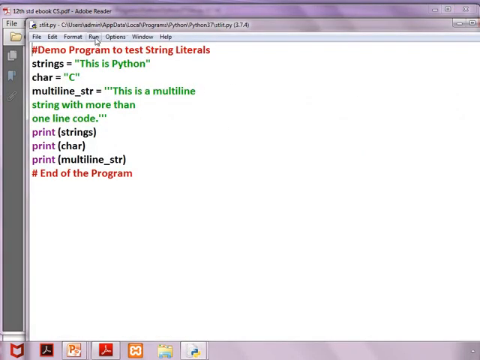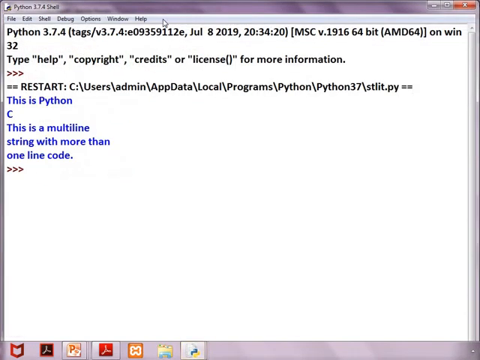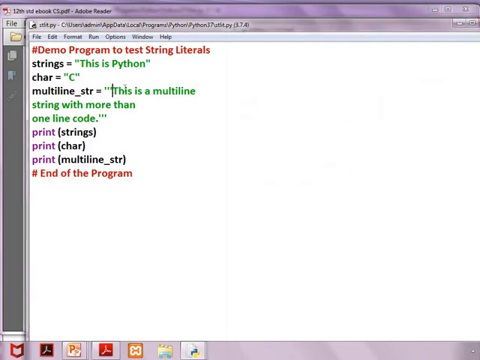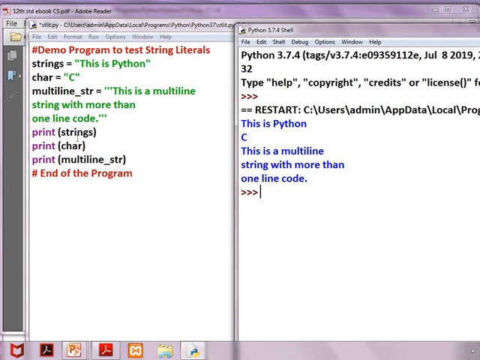This is the string literal program after execution. See here. Strings, this is Python. In the variable char, it is C. In the multi-line string, this is a multi-line string with more than one line in code, and here given is triple single quotes, 1, 2, 3, and it is having 3 lines. Is it clear? Print strings, this is Python, this is printed. Then print char, C is printed.